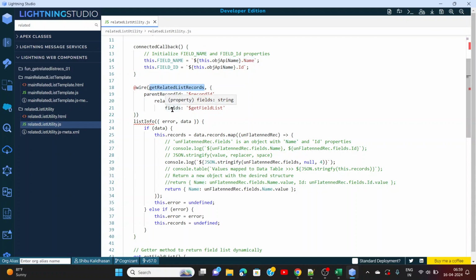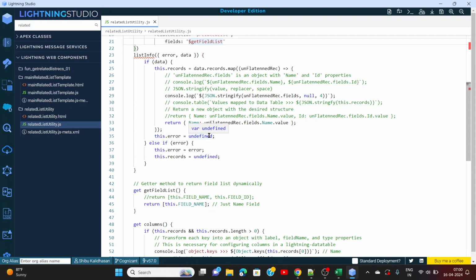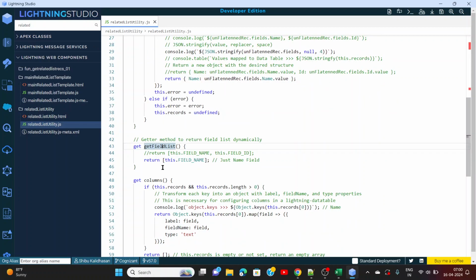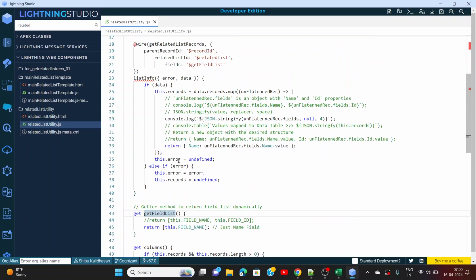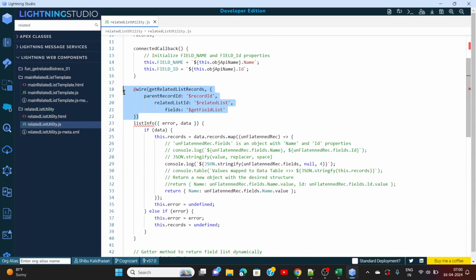And the wire adapter expects these three parameters. One is the parent record ID, which is the row ID of the account record. Next is the related list ID, which is the child relationship name, and the fields that it needs to pull. So in this case, getFieldList is a getter method, which essentially returns the field name property. So the bulk of the heavy lifting is done by the wire adapter,